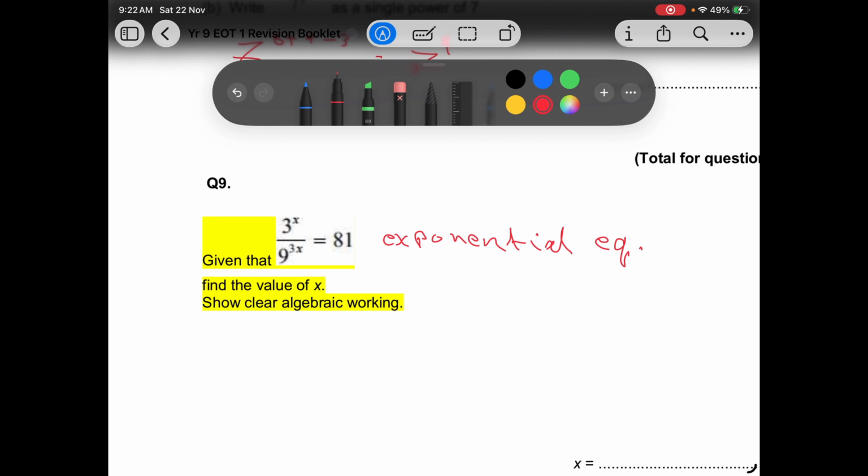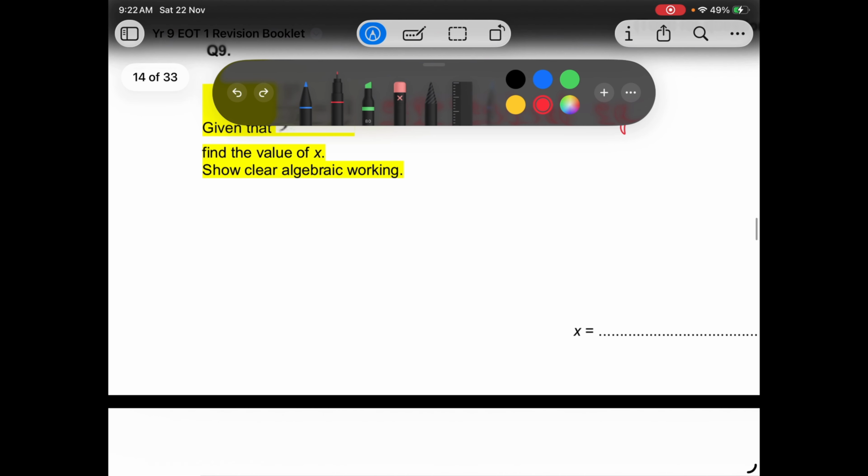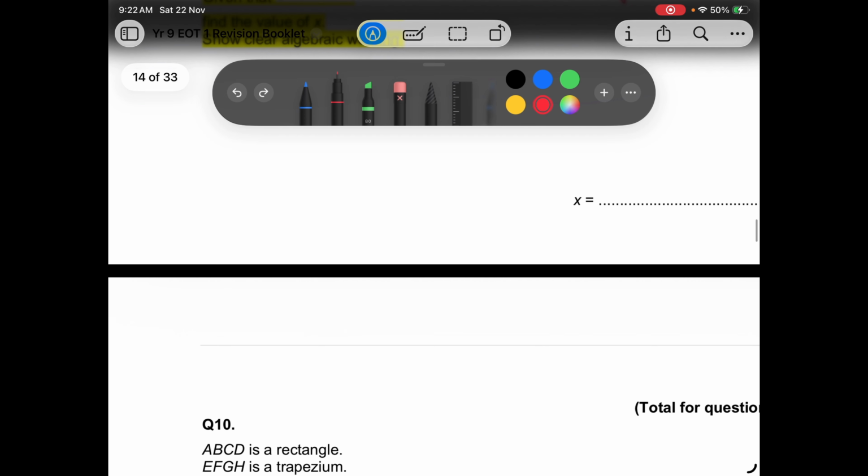Because of exponents, exponential, and because of equal, it's an equation. So this is an exponential equation. x is an exponent, and the 3x here is an exponent. And the key to solve these sort of problems, students, is to